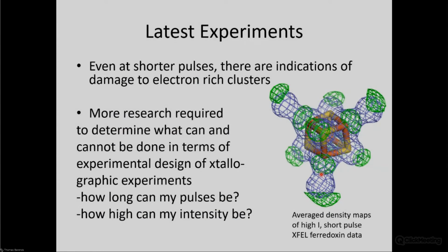Now, our latest experiments, and this is again with this ferredoxin. Here I have symmetry averaged every orientation of the two things, and then you get a really, really nice effect. Even at shorter pulses, there are indications of local radiation damage to electron-rich clusters in proteins. So we think we need more research to determine what can and cannot be done in terms of experimental design of these experiments. How long can my pulses really be? And how high can my intensities really be? But other than that,